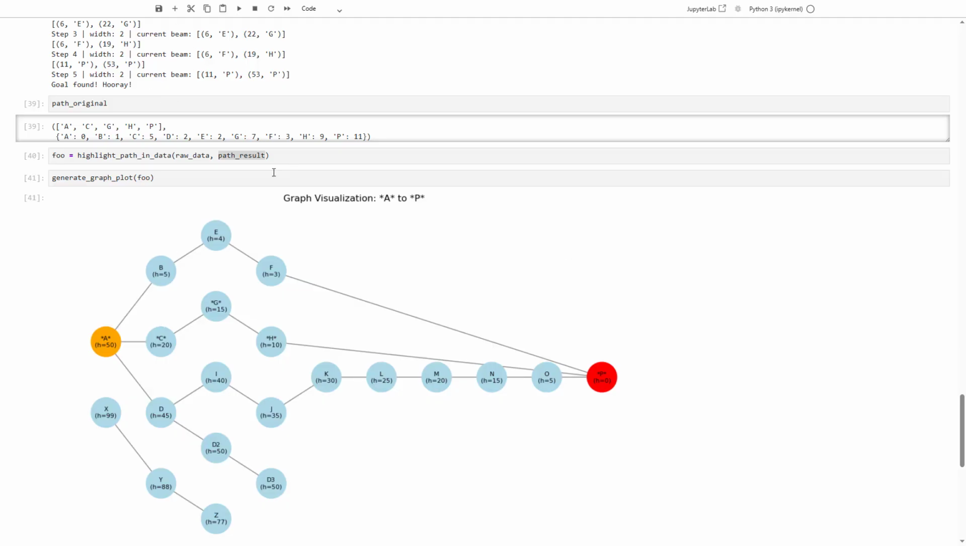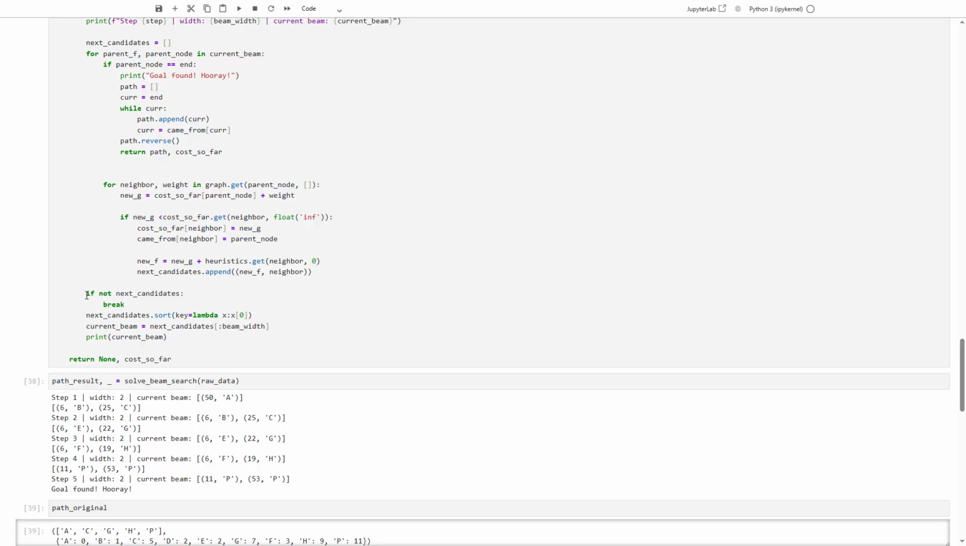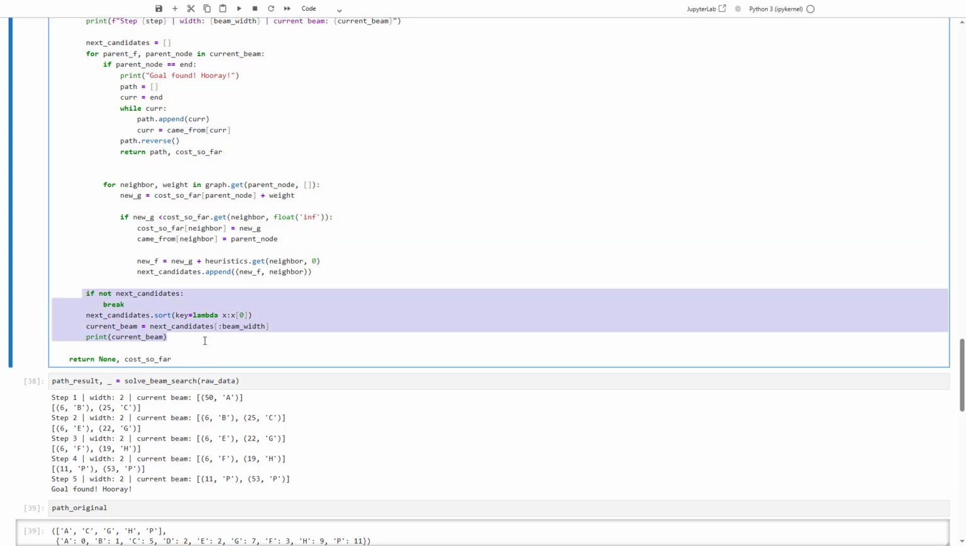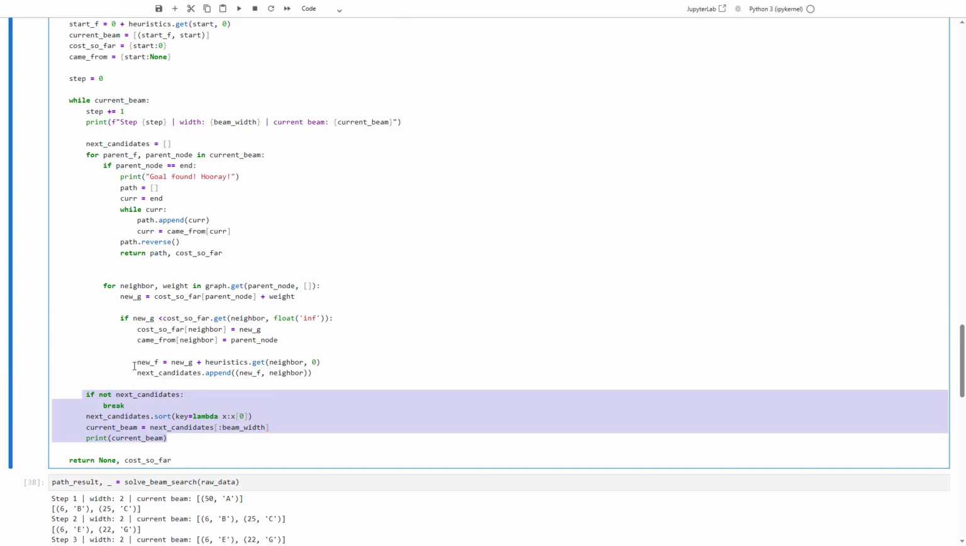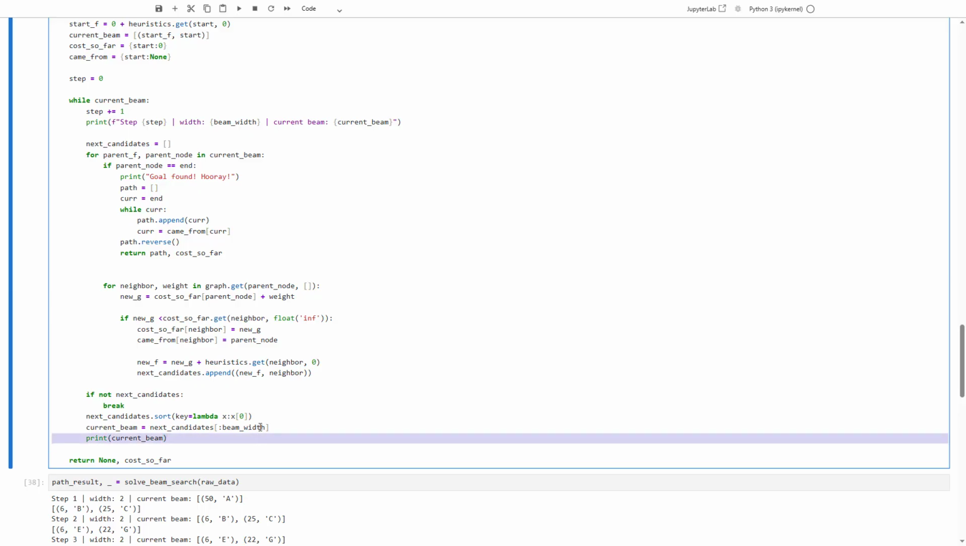Everyone's happy. We have managed to get this one here. You can write a comment if you understand why it was not working before and why it works now. Print current beam. Print current beam is actually useful. I'm not going to touch it. Yes, I have, so to say,